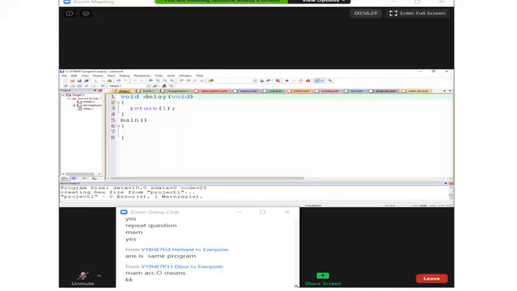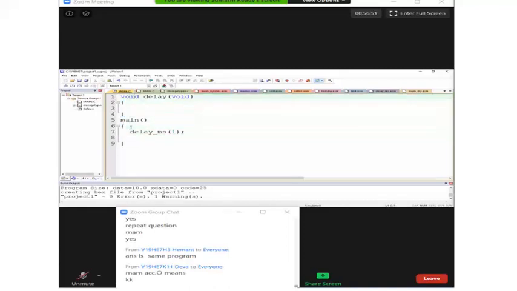For now, what I'll do is I'll call this function delay underscore ms and I'll pass an argument as 1. It means I'm expecting here a 1 millisecond delay.